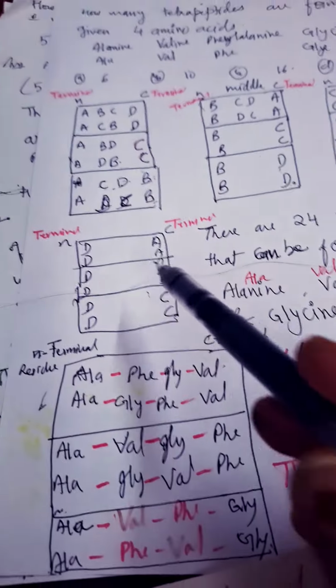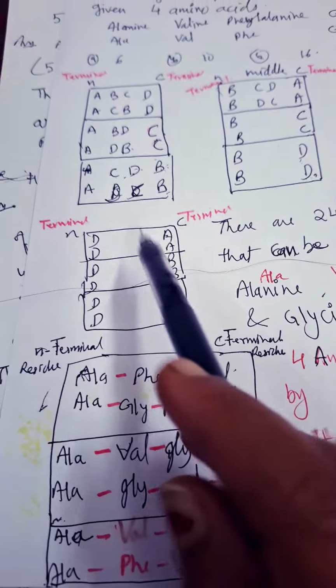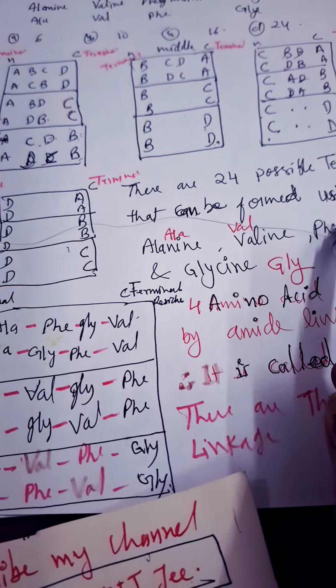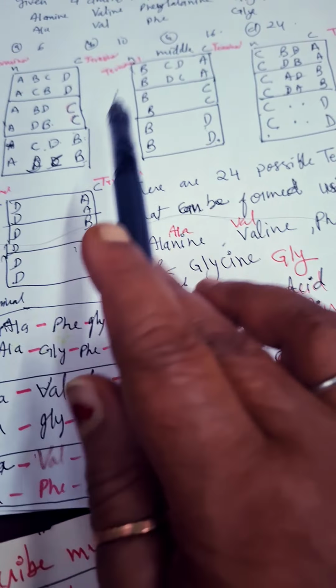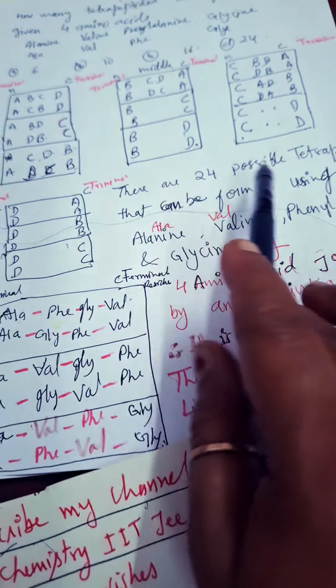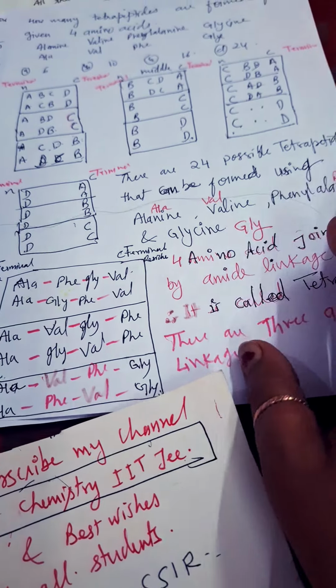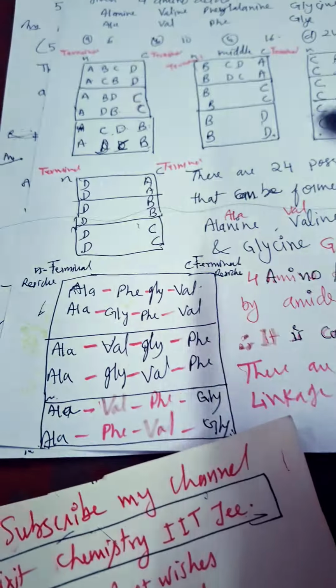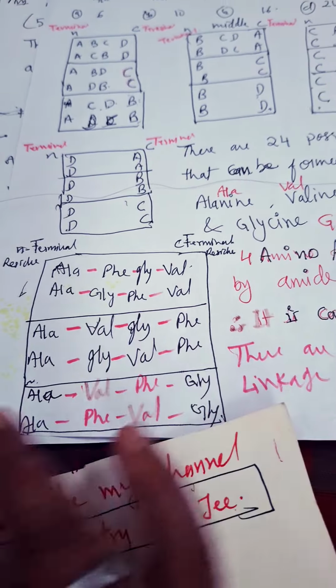In this way, we will see that there are 24 tetrapeptides. 24 tetrapeptides are formed by the given 4 amino acids, and there are 3